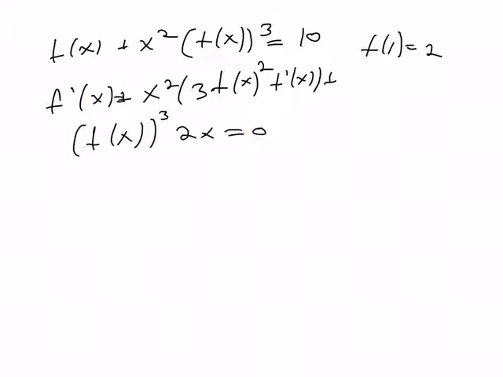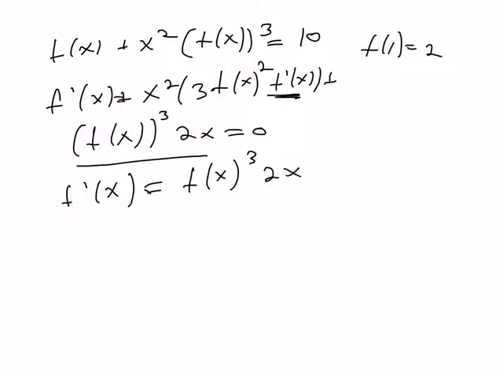So let's plug in what we know. So we have f prime of x, and let's take out this f prime of x, and so we're dividing by 1 plus this. Okay, so this is going to equal negative over here, so it's f of x to the third power 2x negative, because we're moving it,